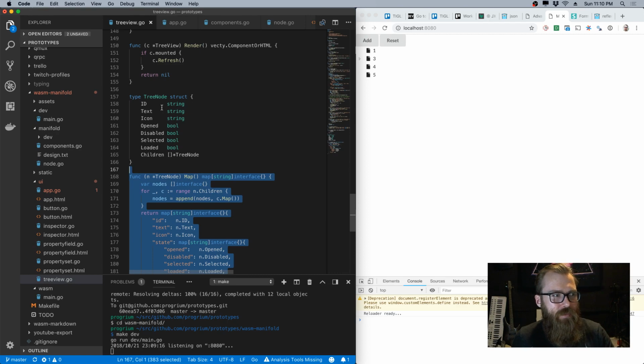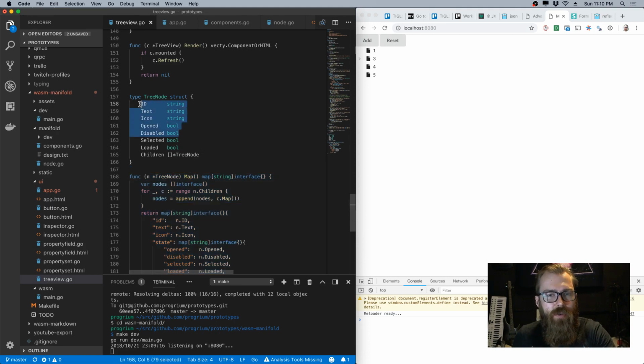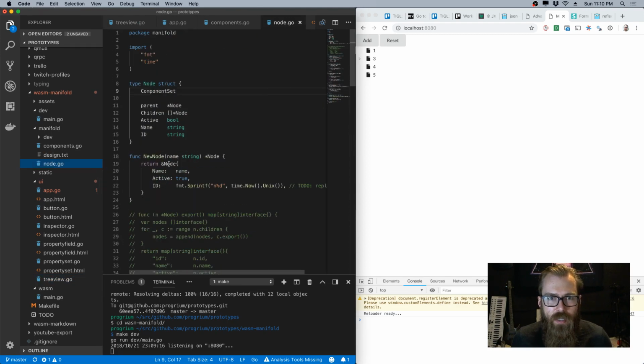But I guess ultimately this node is a representation of a more complex node in the system that I'm actually building, right? It's like a hierarchy of nodes, like Unity, that have components on them, which is a little bit more complicated than the model that we have here to visualize it. So we had to model the more complex node, which also has its own tree structure and API to manage that structure, insert stuff. So I started that here,